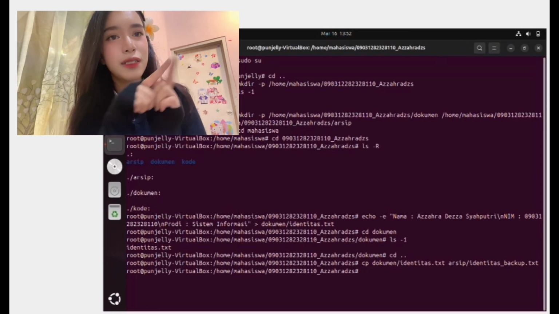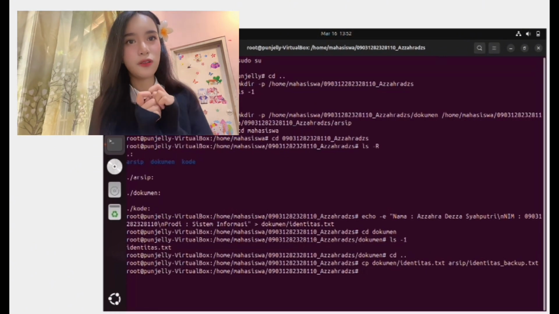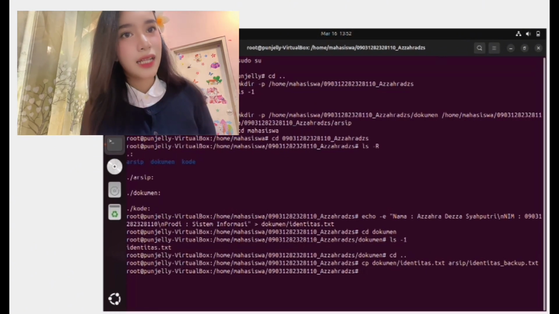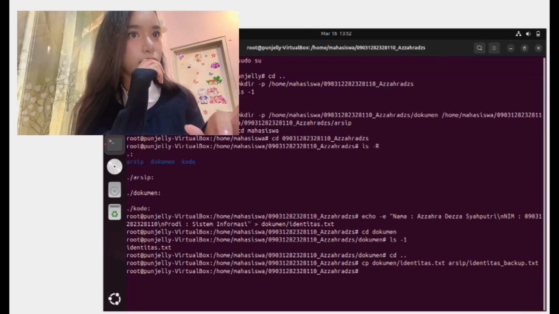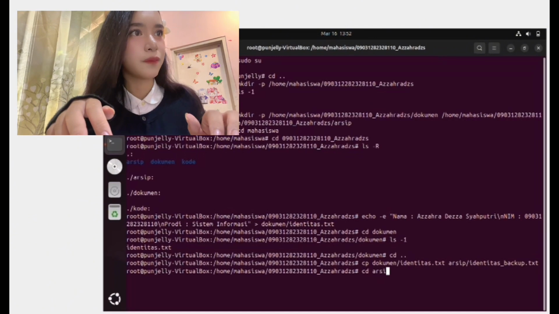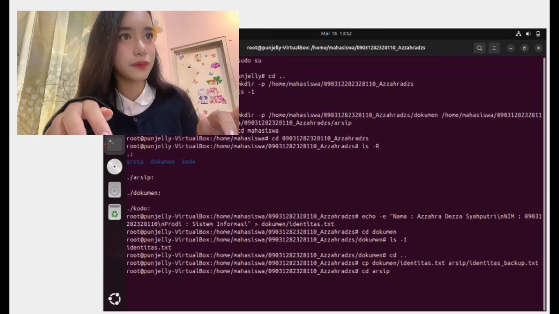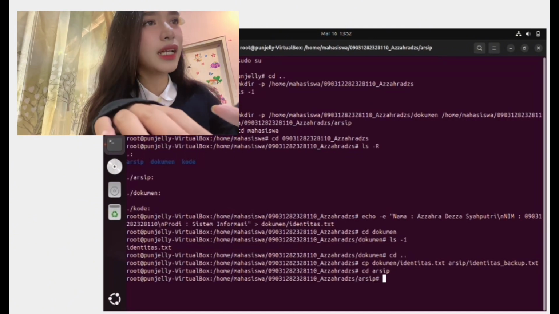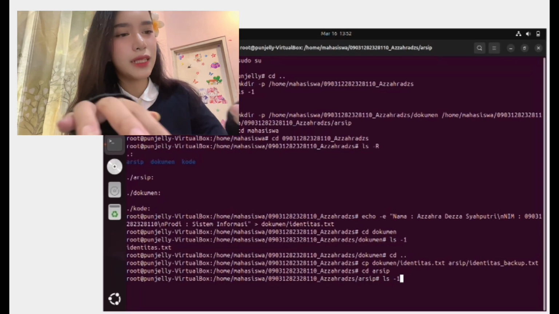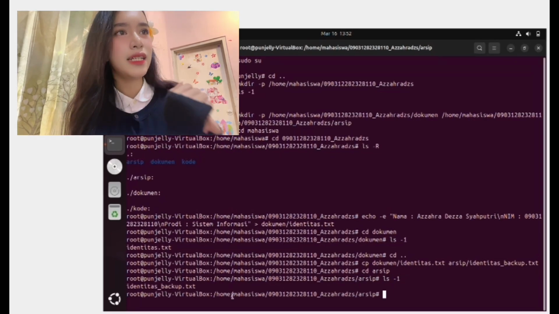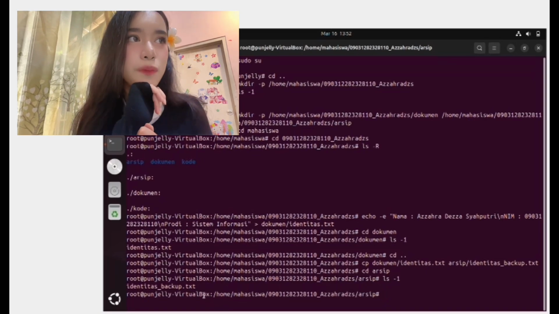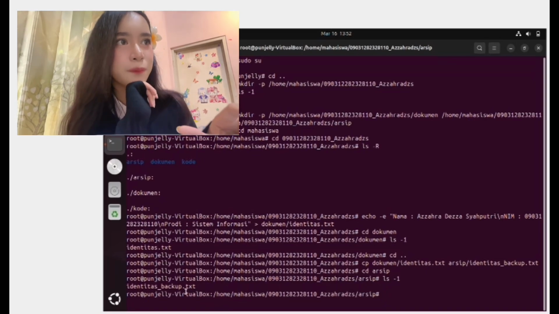I wrote a different name, so we can give the copy a different name. Then we check again with ls -l, and the file was successfully copied, as you can see.